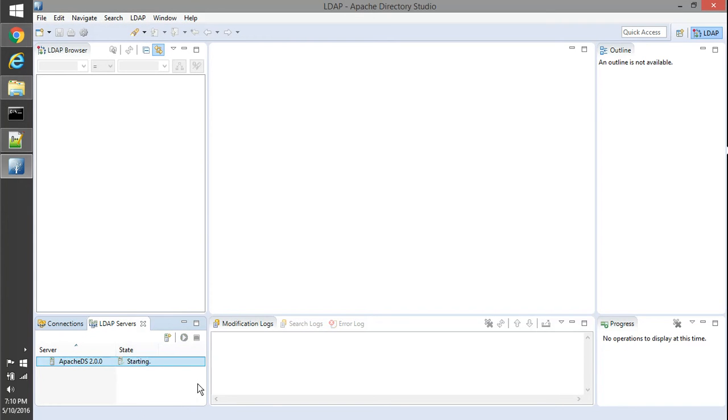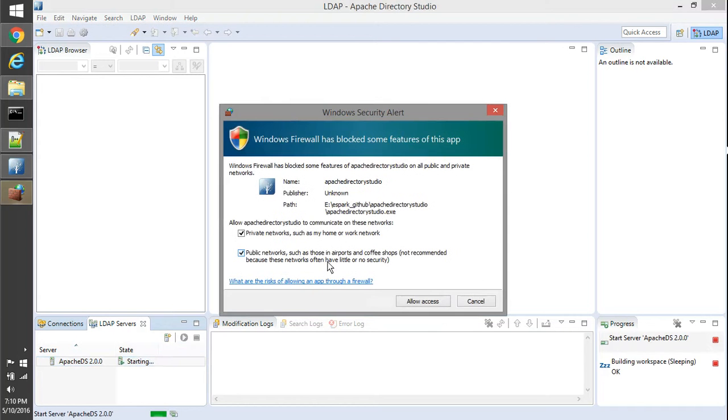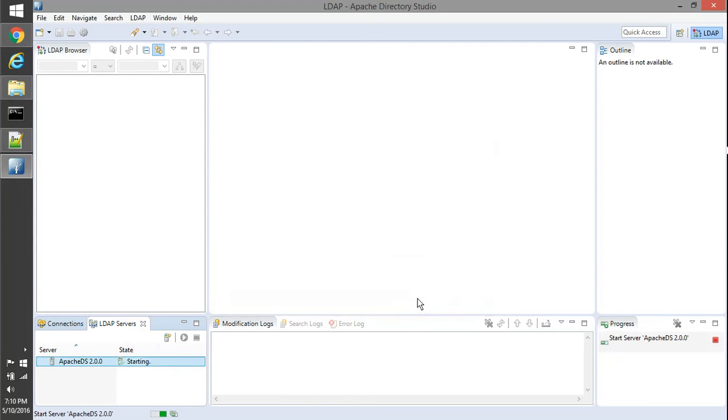So we'll start the server and allow access. This is my private computer, so I can allow it because it's inside my home itself.